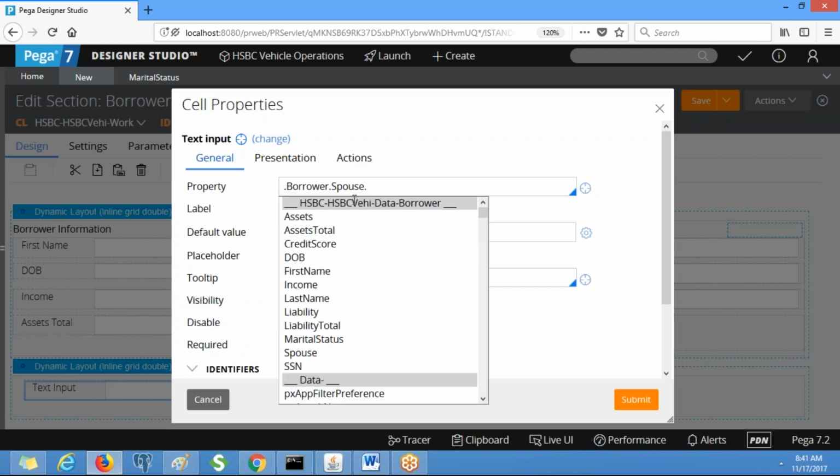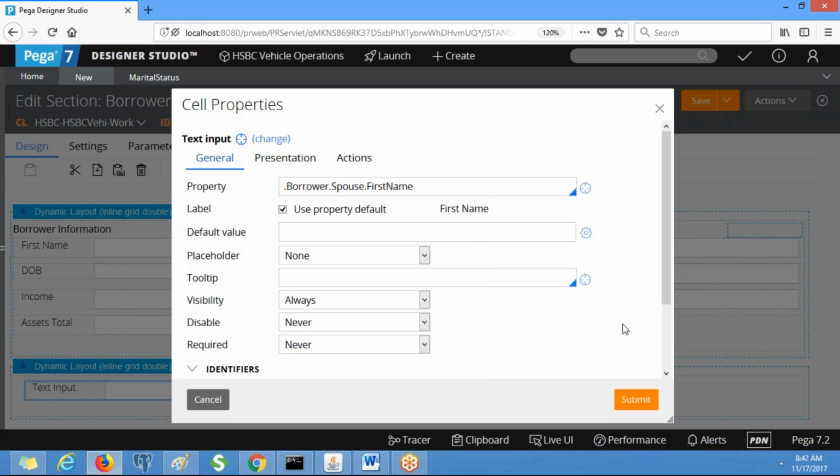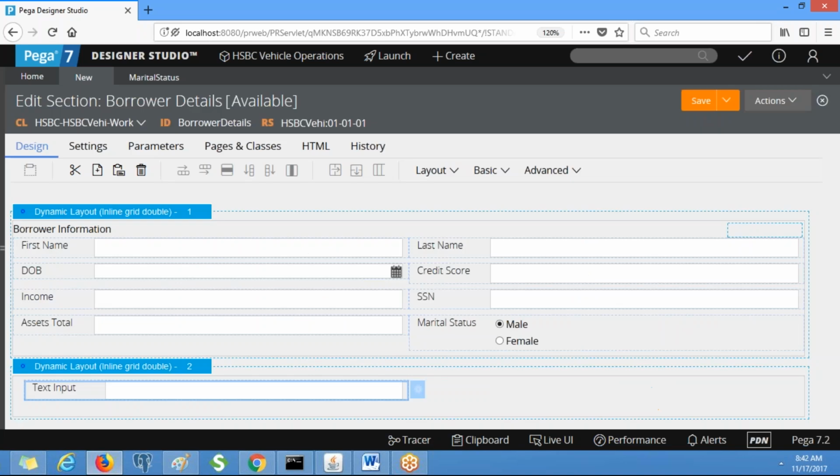It shows the borrower class related properties, which means you can access those. Select first name. On the clipboard you will see borrower first name under the borrower page and spouse first name under the borrower dot spouse page.